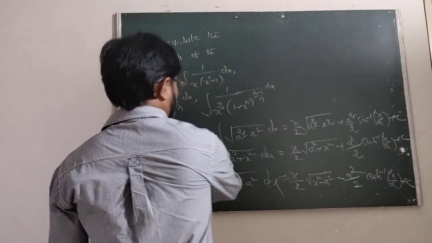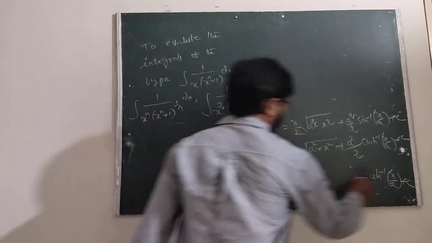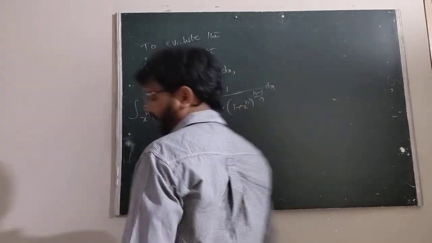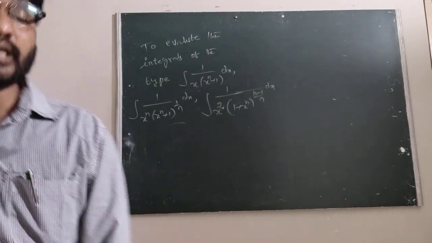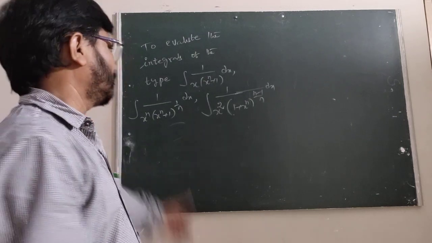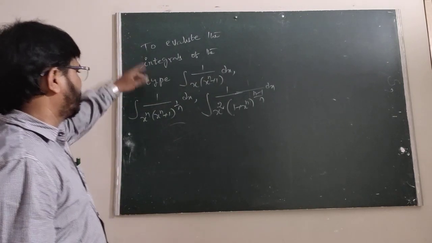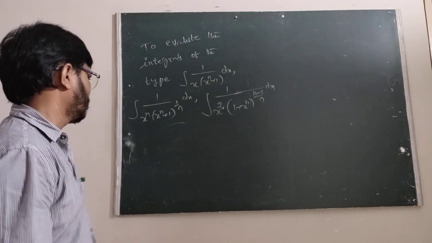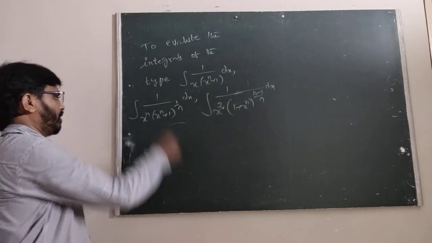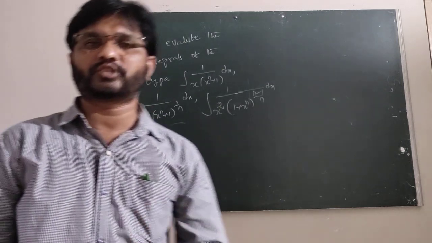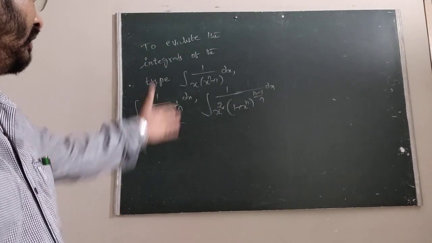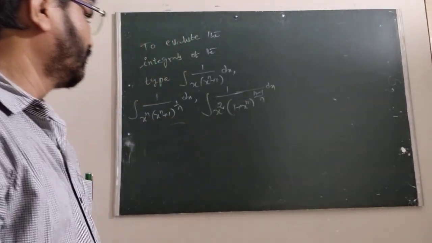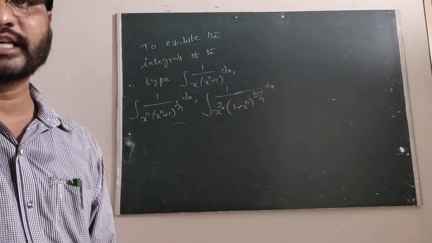That is our comparison. Now today we are going to discuss some special rational and irrational integrands. Suppose we want to evaluate integrals of the type: the integral of 1 upon x into (x power n plus 1) dx, the integral of 1 upon x power n into (x power n plus 1) whole power 1 by n, and also 1 upon x square into (x power n plus 1) whole power (n minus 1) by n.